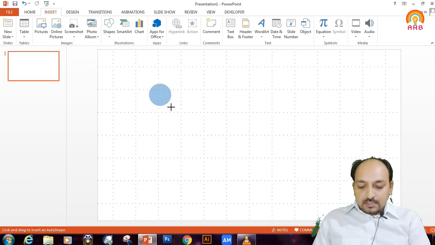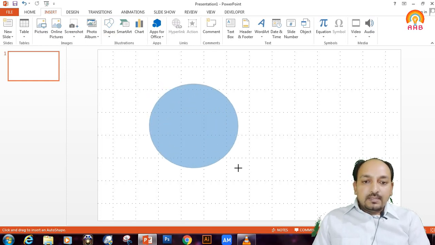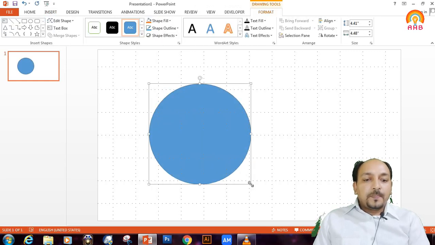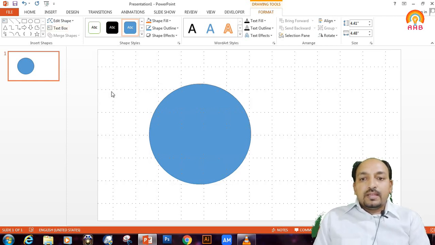After that, by right clicking, you can move the cursor to get the desired size of your oval shape. So this is the basic shape we can get.